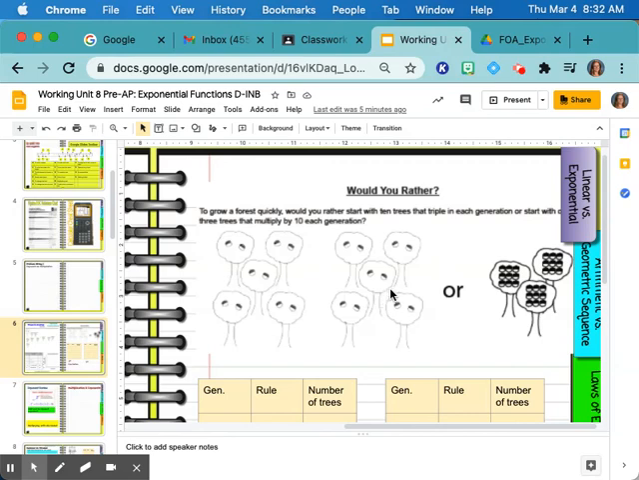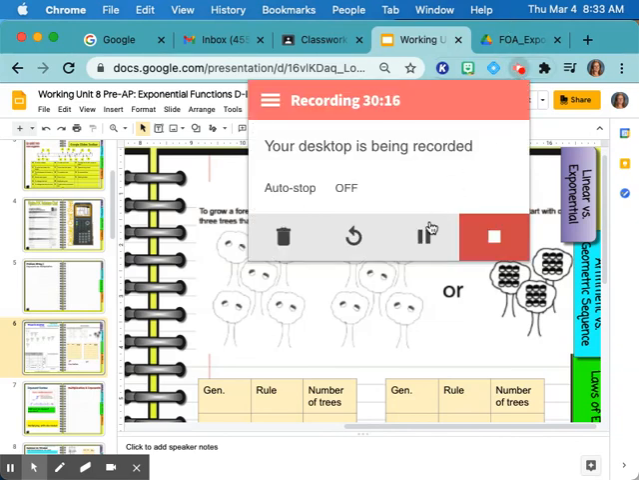So this is your assignment to do right now. You can talk about it with your table group, and then we're going to talk about it tomorrow as a whole group. And you can use the next page in your journal to create